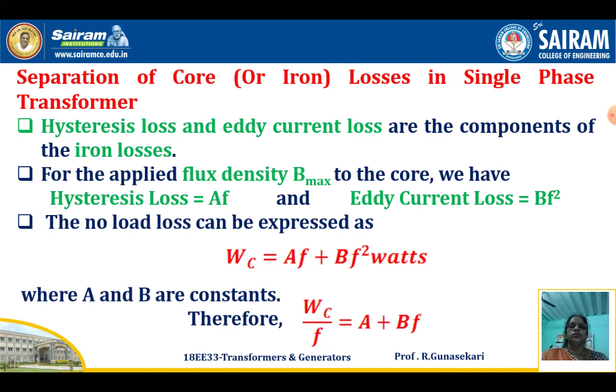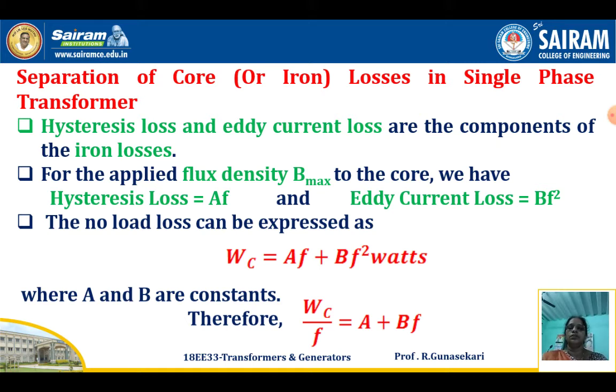Okay. So now we studied the separation of core or iron losses, because the eddy current and hysteresis loss are the subdivision of core or iron losses in a single phase transformer. The hysteresis and eddy current losses are the components of the iron losses. For applied flux density B maximum, that is, the maximum value of flux density applied to the core, we have